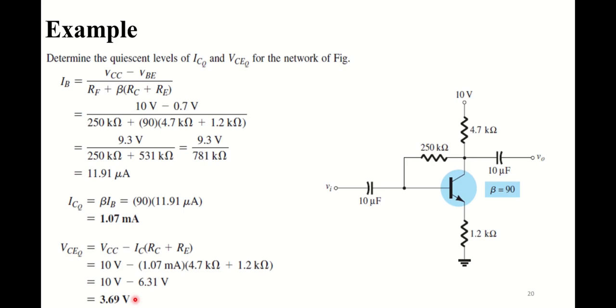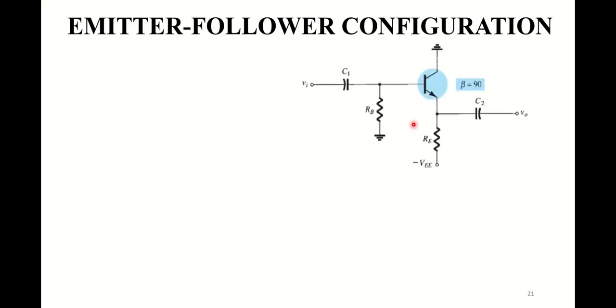Now let us discuss yet another BJT circuit known as the emitter follower configuration, whose circuit can be seen here. First of all, we need to derive the equation for its input and output loop as we did for the previous configurations. Let me repeat the steps once again for you. The first step is to redraw the given circuit for the DC analysis by replacing all the capacitors with open circuits and separating the voltage supply of VCC for both input loop and output loop.